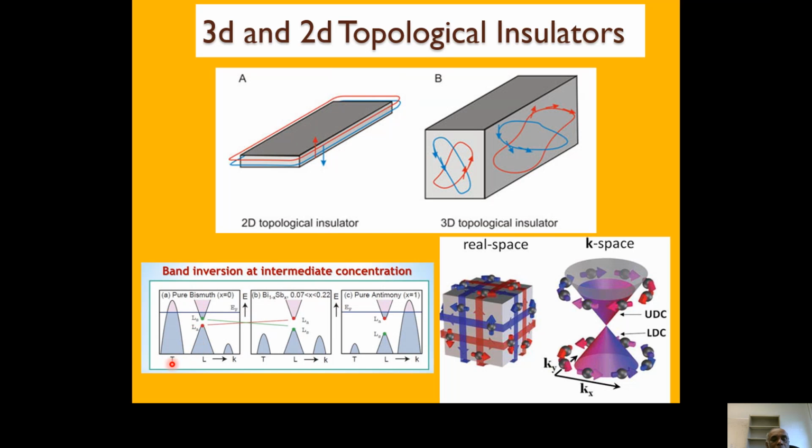If you look at the Brillouin zone directions, it's going from L point to K point. So at the L point, you have these two band edges, LA and LS. This is for pure bismuth, but if you go to pure antimony, you will see these two bands are inverted. You can see this LA becomes inverted. In between you will see some intermediate state, still inverted. So this causes some